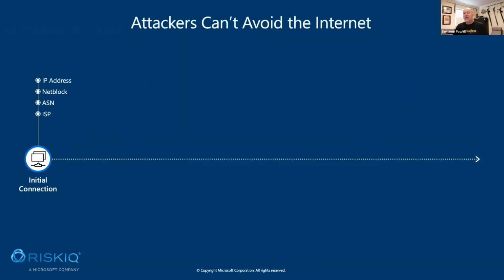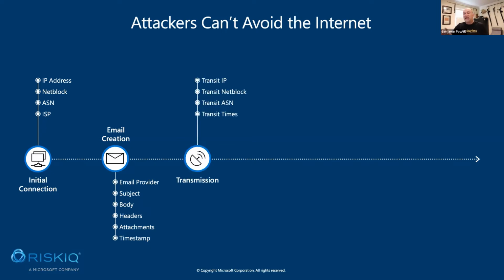So the cool thing is that threat actors can't avoid the internet. We're all playing on the same battlefield. And if we're monitoring that, we're able then to understand what's happening, what they're doing, and who they are. So just from somebody going on the internet, you have an IP address, and that block, an ASN, there's an ISP that you're using. So there's some signals that are being released. Now, when you create an email, you're going to use an email provider. There's going to be a subject, a body, header, attachments. There'll be the time that it was created, maybe even a language that was used to create it in.